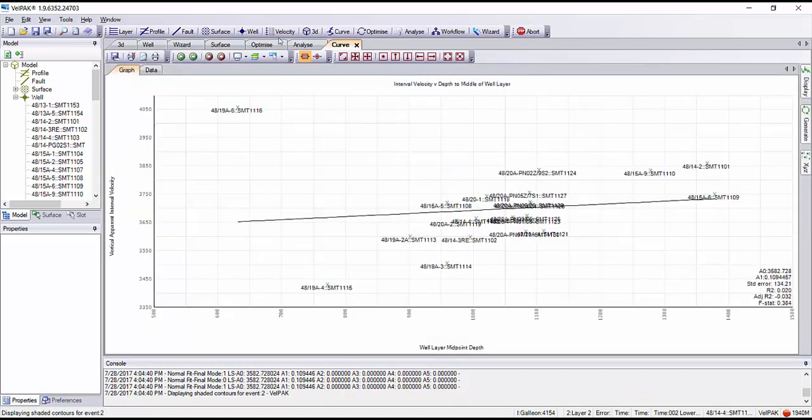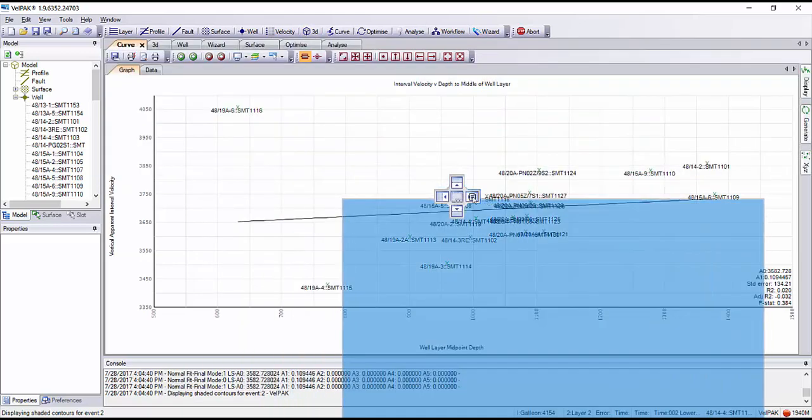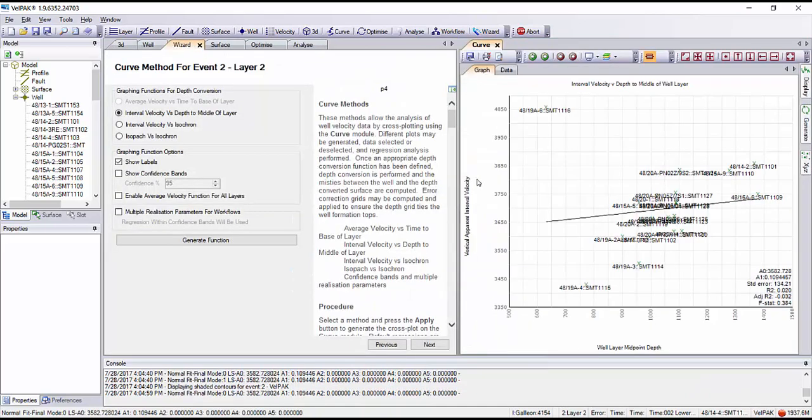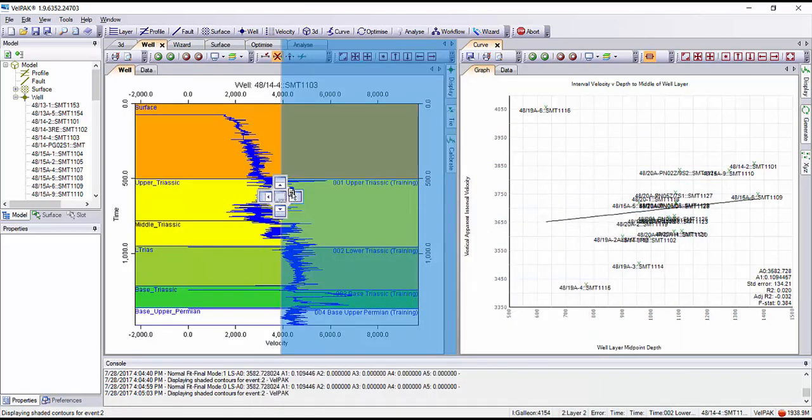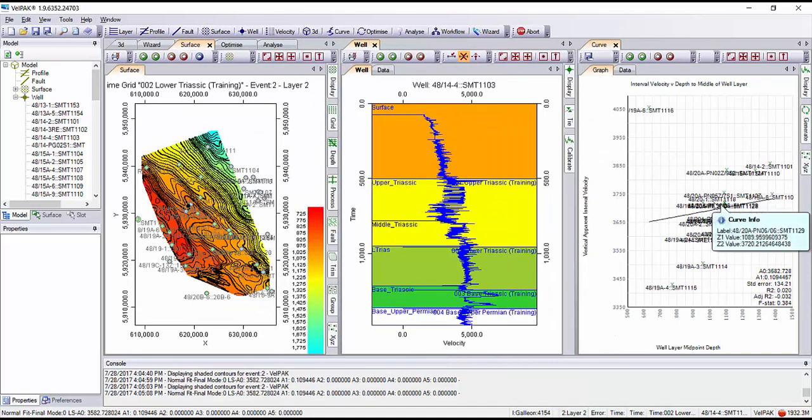If we click on the curve tab, we can see the regression that's drawn through our data points, with the regression parameters noted at the bottom right hand side of the graph. One of the strengths of the software is that we can detach some of these headers by holding down the option. We can have a look at the surface display, for example, and the well, and we can drag these into position like so. We can really get a handle on what our data may be trying to tell us,